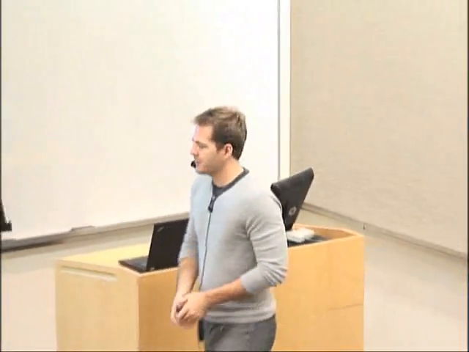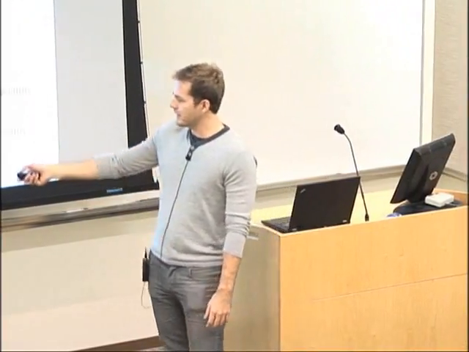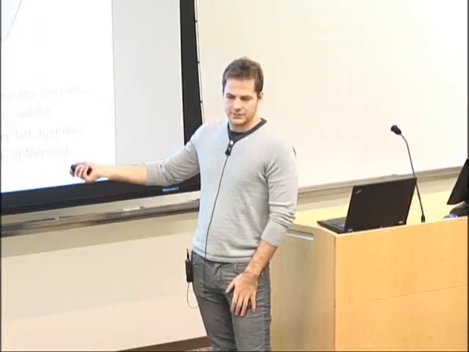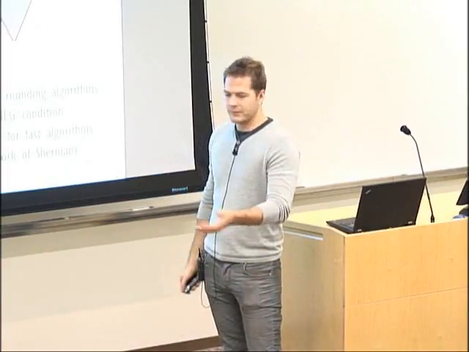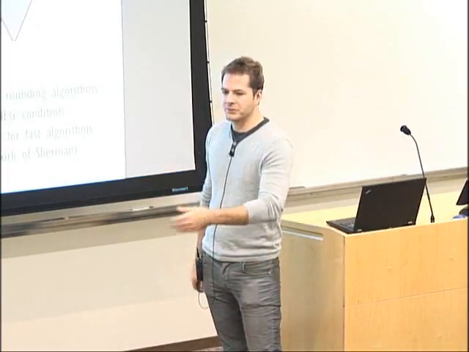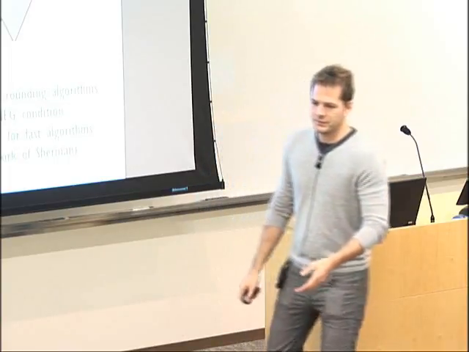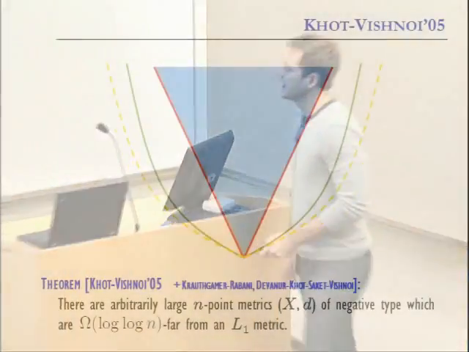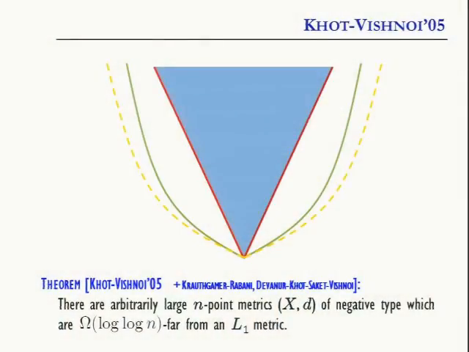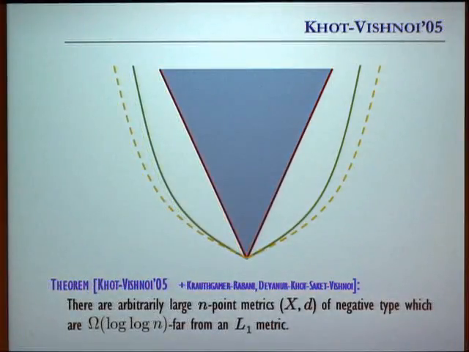Is it true that this is actually a cone? Well, if you write it the right way, yes. If you write it how I said it, then it's a cone. The distances d give you a bunch of positive semi-definite constraints. Okay. All right, so now jumping ahead 10 or 15 years after the Goemans-Linial conjecture,